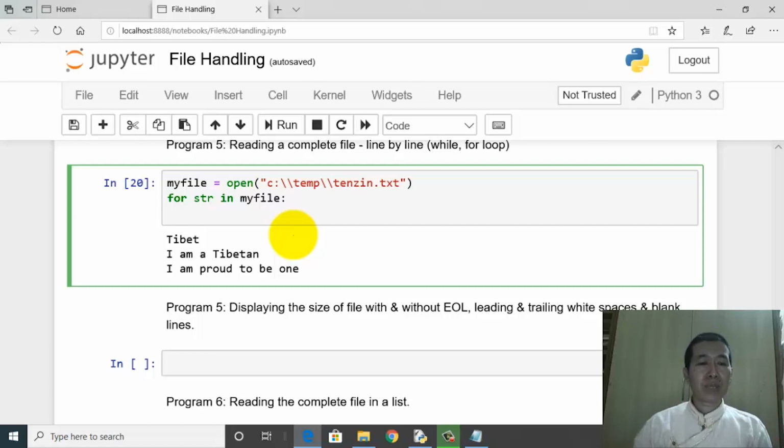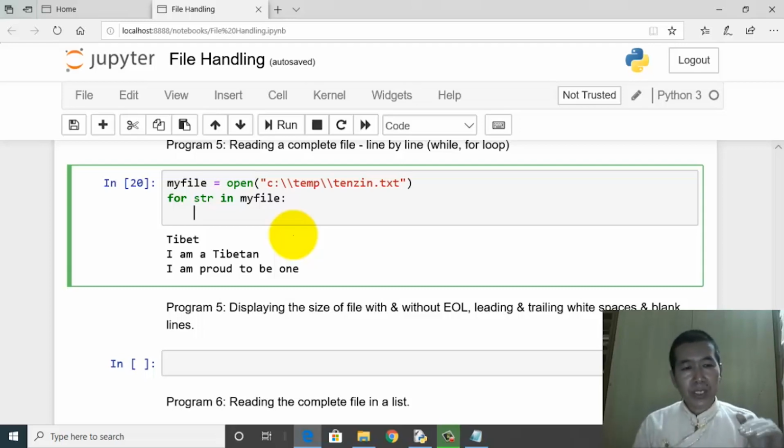Something similar to that. str will walk through the file handle of my file, which points to tenzin.txt, on a basis of line. So basically it will walk through the file line by line.